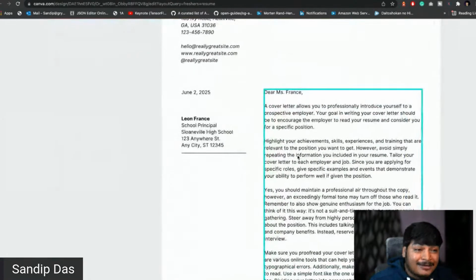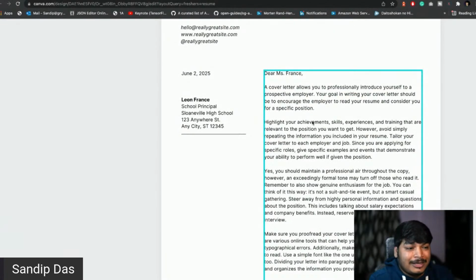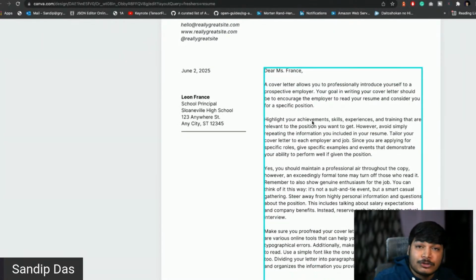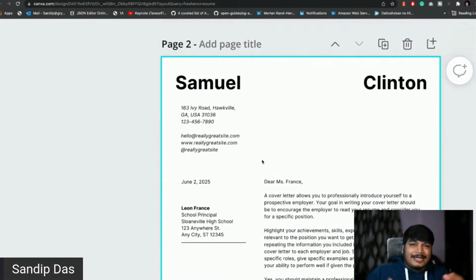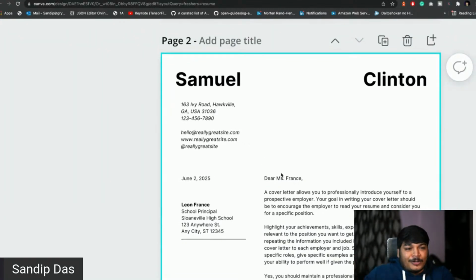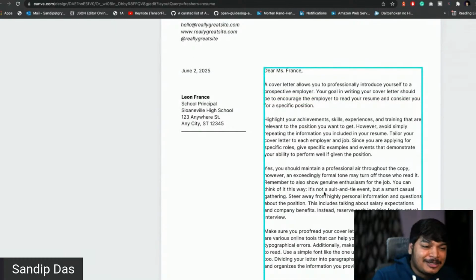And not just that, you have the cover letter also. You can see the text is very professionally written, so you can reuse the text from this cover letter as well. Sometimes you might be sending an email, right? So in the email you have to mention some text, like the thought you want to convey in that particular email. And that you can do, just copy paste the text, modify it a bit based on your experience,